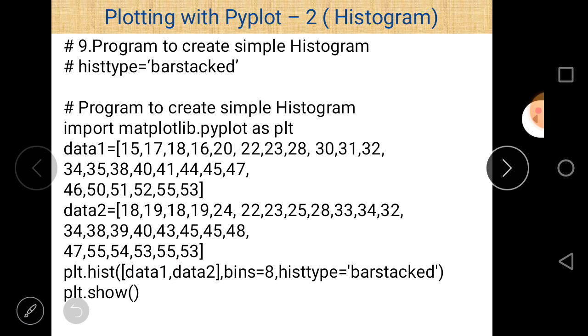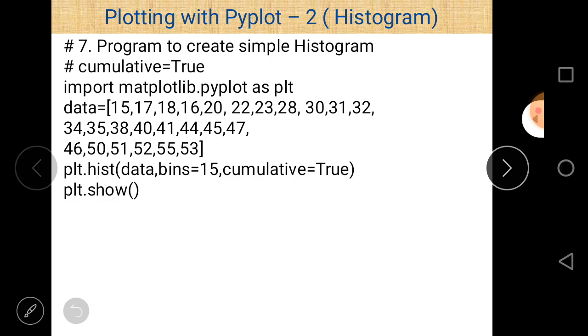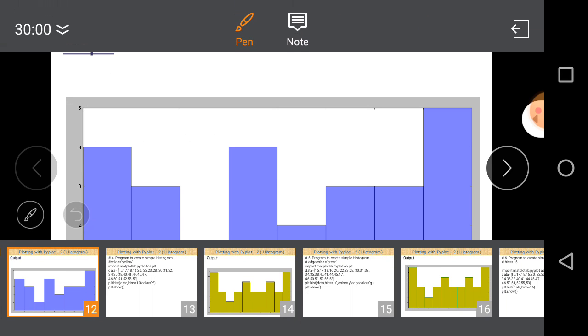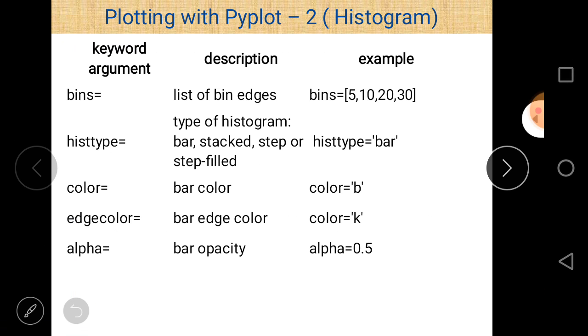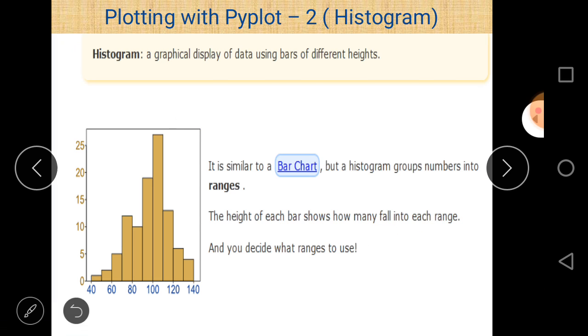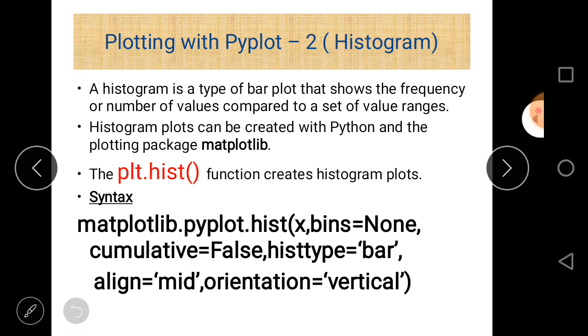Finally, let us take a quick revision. Histogram is basically a type of bar plot that shows the frequency of numbers.